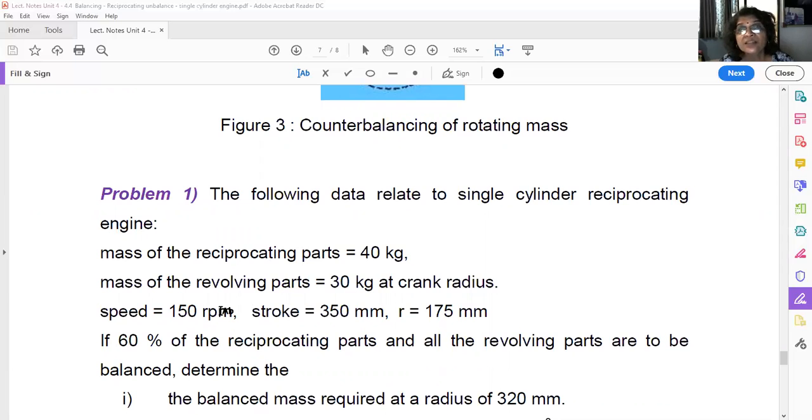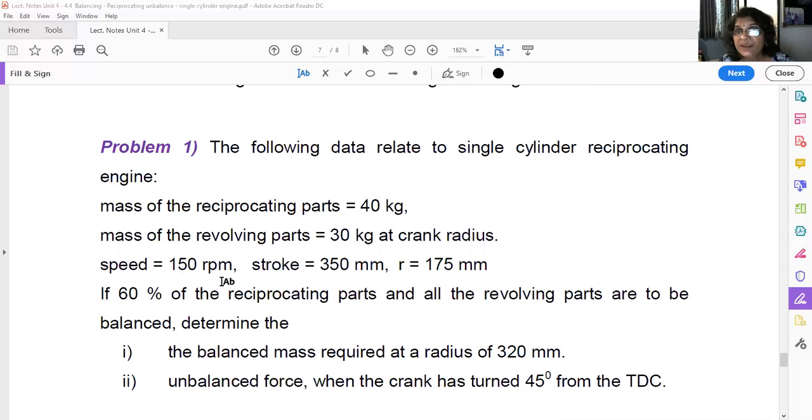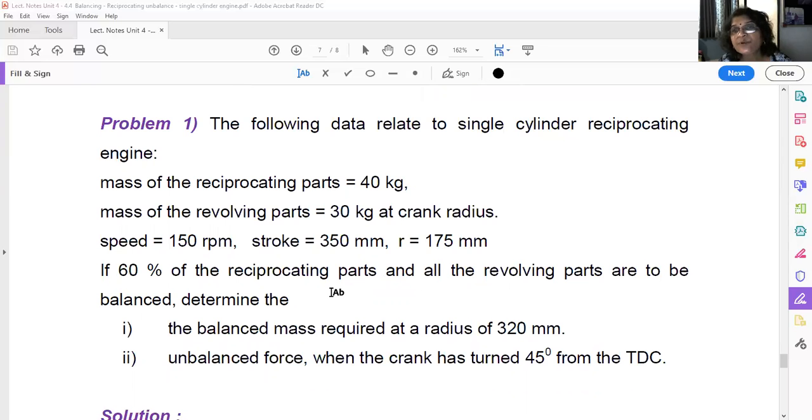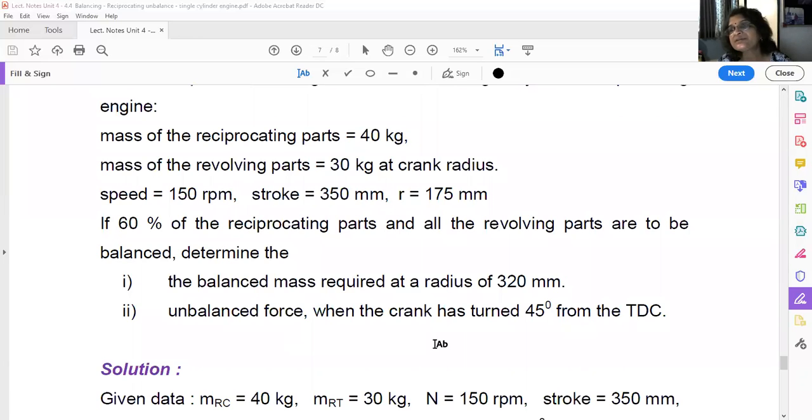Okay, then speed is 150 rpm, stroke is 350 mm, and radius is 175 mm. Radius means crank radius. Okay, if 60% of the reciprocating parts and all revolving parts are to be balanced, determine the balanced mass required at a crank of radius 320 mm and the unbalanced force when the crank has turned 45